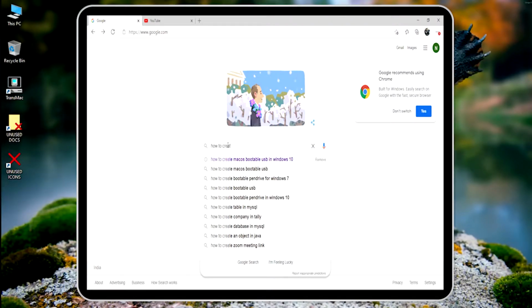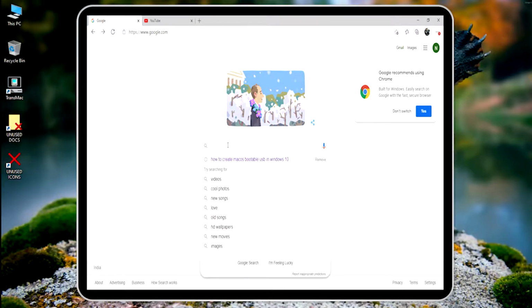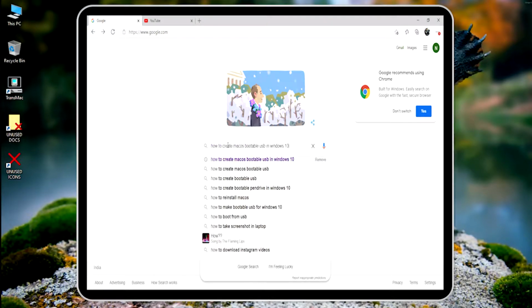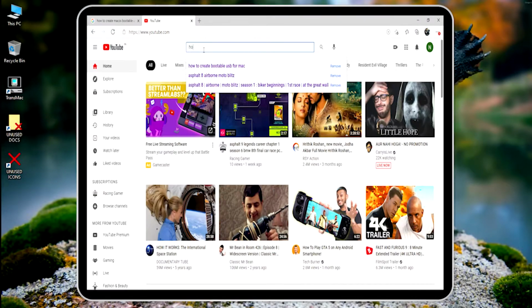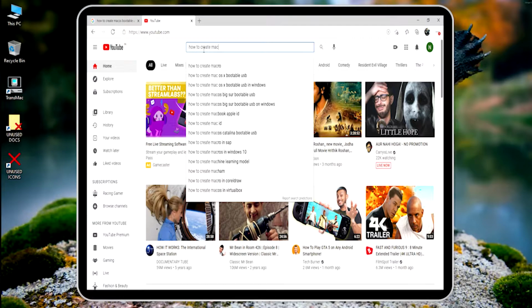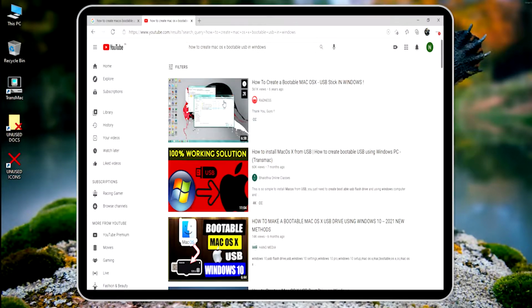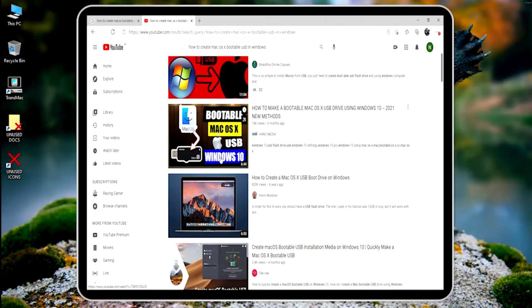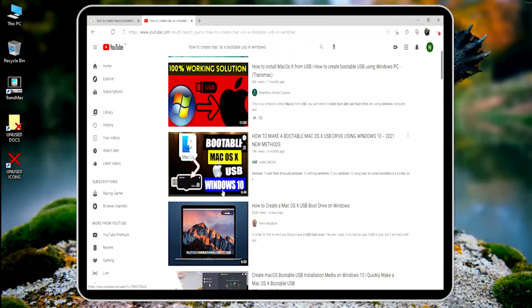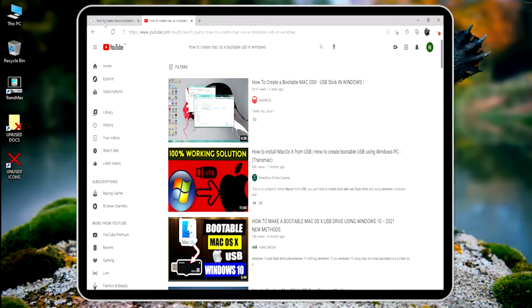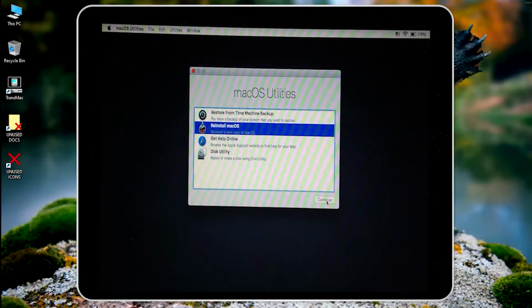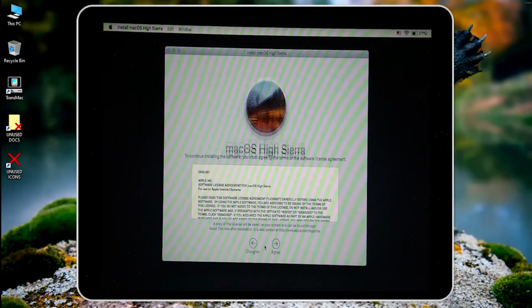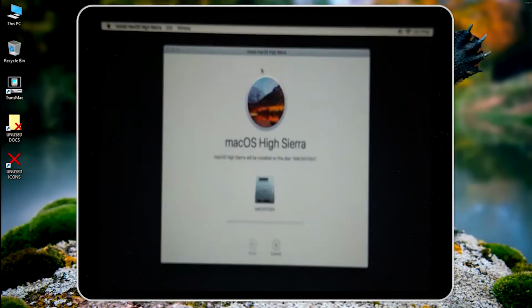I know you got frustrated searching for how to create a Mac OS bootable USB flash drive for your Macintosh from a Windows machine, and the problem still remains. Probably you are working in the right direction. You only need to follow the correct procedure. So don't worry, I will guide you throughout the whole procedure from start to end, by making a bootable USB and finally installing the operating system on your Macintosh.